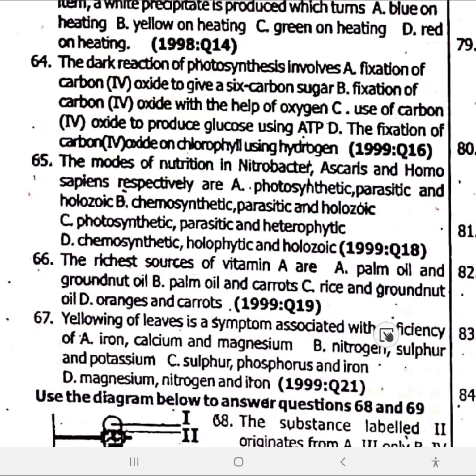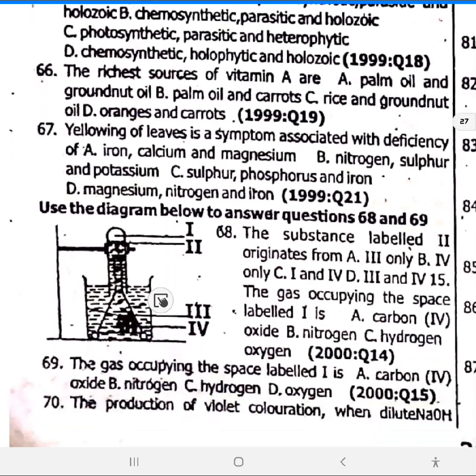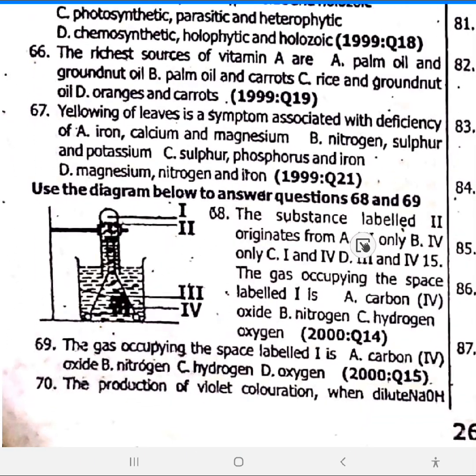Yellowing of leaf is a symptom associated with deficiency of a lot of things. So you need to be careful. Go back to your note. Magnesium, nitrogen, and iron, option D. Next is 68. The substance labeled II originates from this one, option A, III. That's 68. 68 is demonstrating photosynthesis